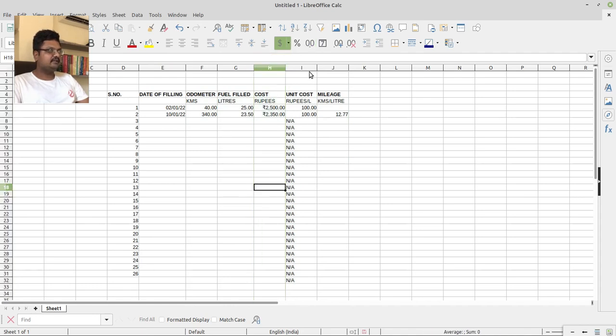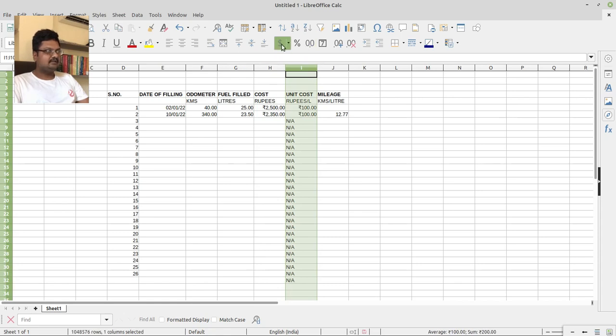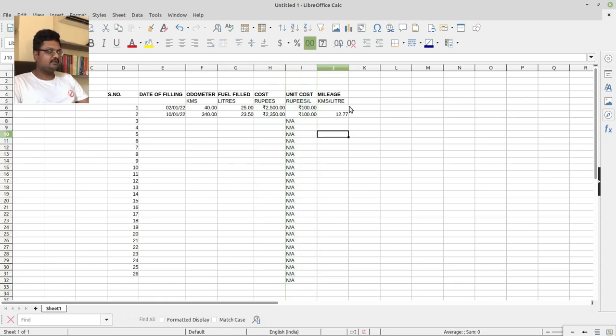Unit cost also we can say as rupees per liter, 100 rupees per liter. So you can see now this is 12.77, we've got it here. So again, let's say we fill it on 20th of Jan, again we fill, and this time let's say 750 on the odometer,